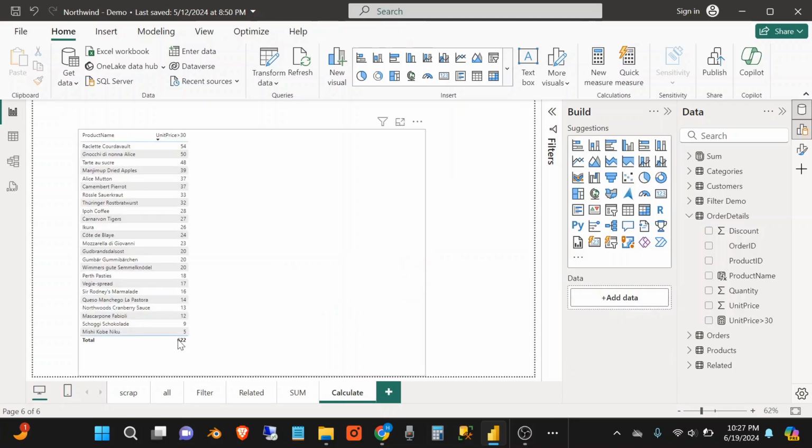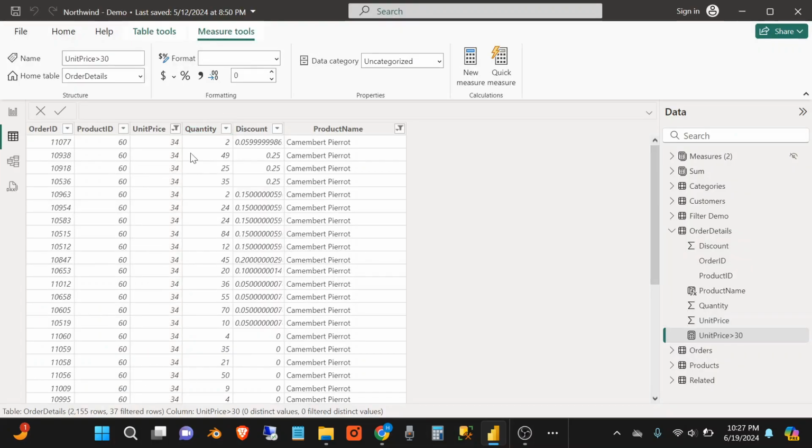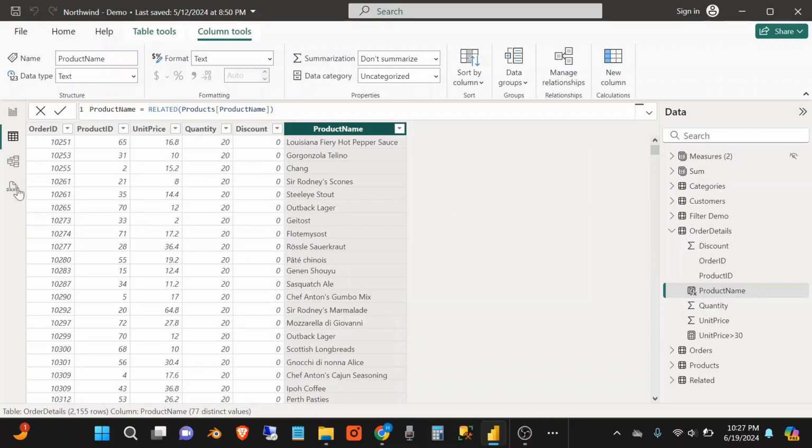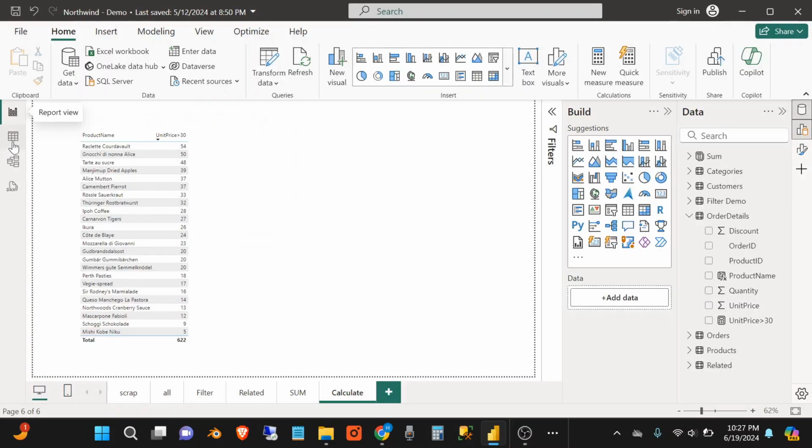And so this will be the products that have a unit price greater than 30. All right, so a quick way of checking this is if we go to the table itself, the order details table, and we look at, let's see, one of them was Alice, or let me unselect this. Go back here, choose, let's choose